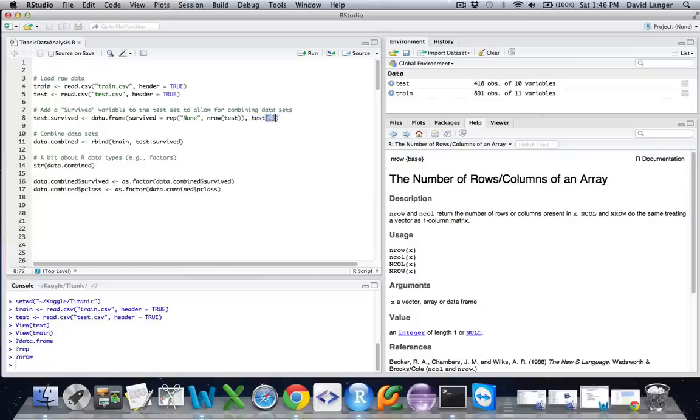And this syntax deserves some explanation. Data frames can be indexed using this kind of syntax between square brackets. This essentially tells you, hey, I want to subset the test data set, or the test data frame, excuse me, via rows and columns. So for example, if I was interested in the first row and the fourth column, I would do this syntactically in R, and I can run this code by highlighting it, and again, hitting the run button, or hitting Alt Enter or Command Enter, depending on what operating system you're using.